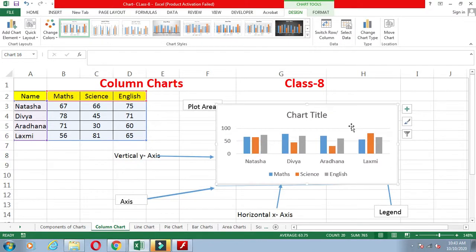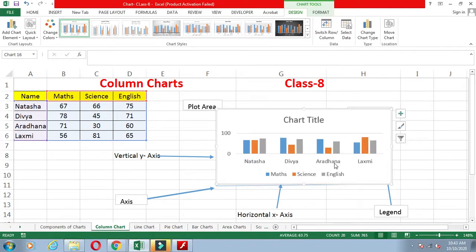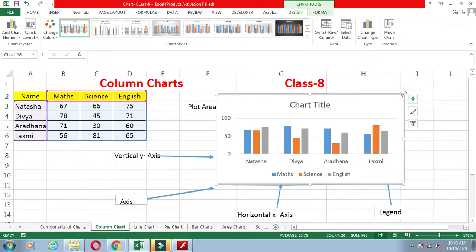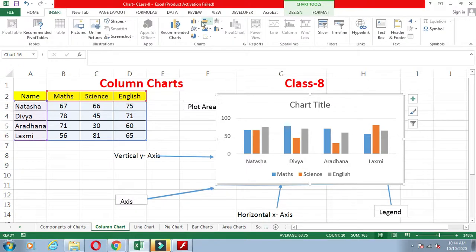First, what we have to do is just select the data and click on the Insert tab. Select the column chart, any column chart you can select. After selecting, the chart will appear on the screen, and you can design this chart in different ways.